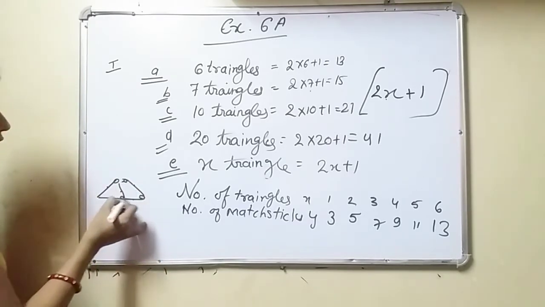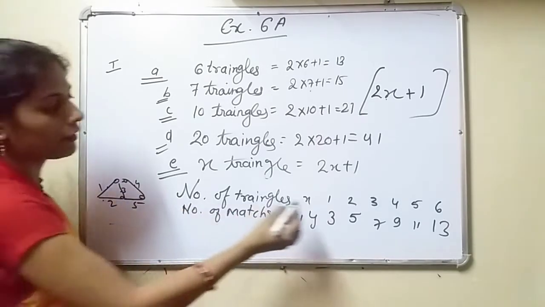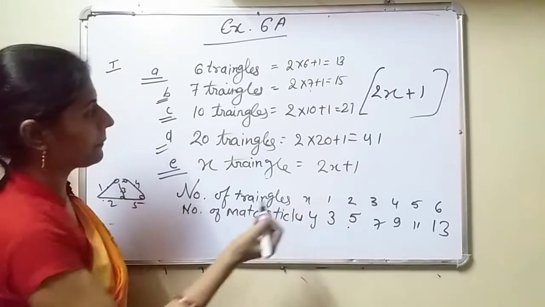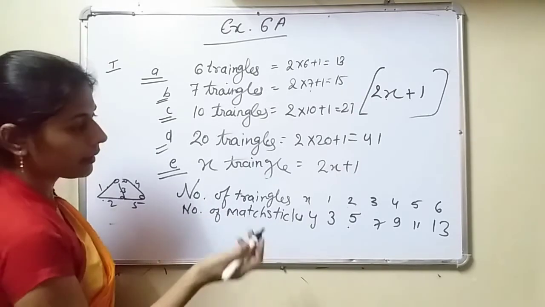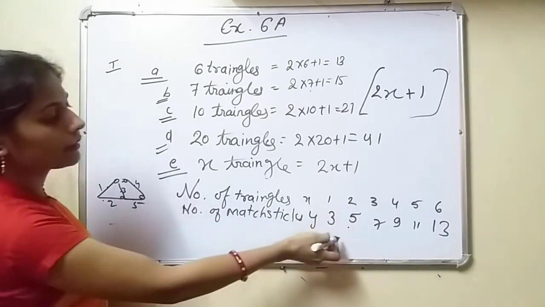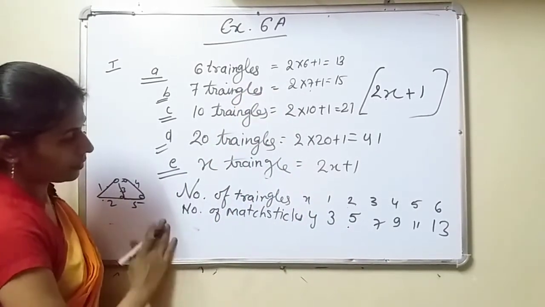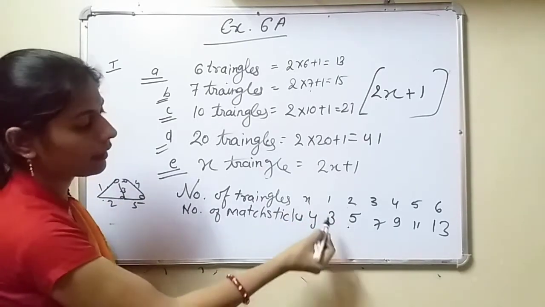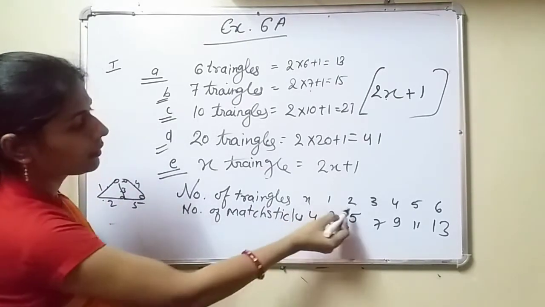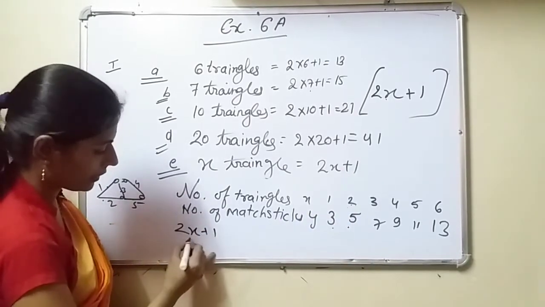One, 2, 3, 4, 5. 1, 2, 3, 4, 5. Therefore, in 2 triangles you got 5. Okay, it means you have to increase. See, similarly you can put here the formula. In one triangle already you got here 3, then that is 2 into x plus 1, that is in place